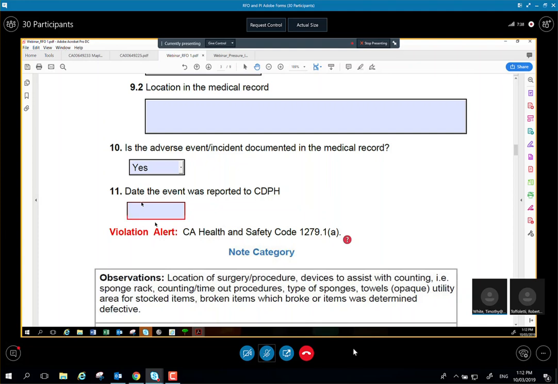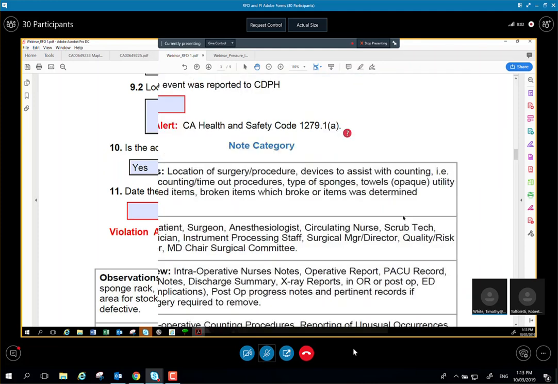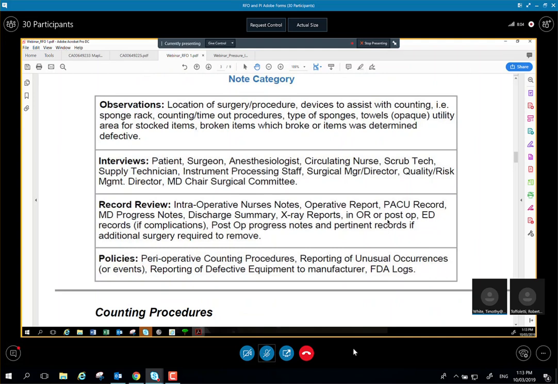And you'll see here a violation alert. Several areas in these you'll see violation alerts, and it gives you a suggestion. In this case, was it reported to us more than 5 days after the incident? So we're going to refer you to Health and Safety 1279, and if you hover over the question mark, you can actually read the regulation that we're talking about to give you better, just some guidance on observations, interviews, record